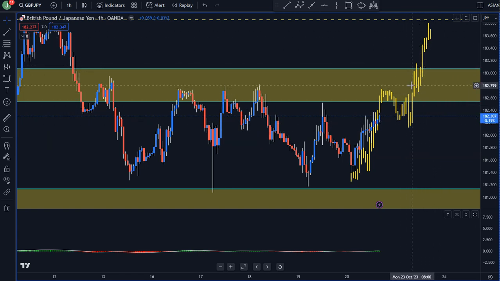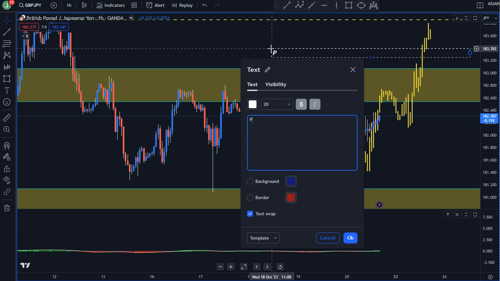We have a potential 130, roughly 130 to 132 pip move from where price closed to the daily high, right? So we have that. So we have a potential 132 pip potential